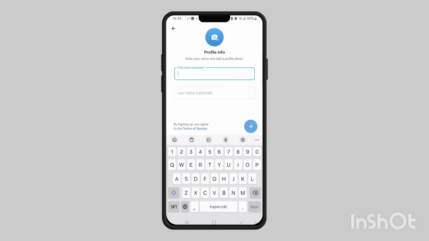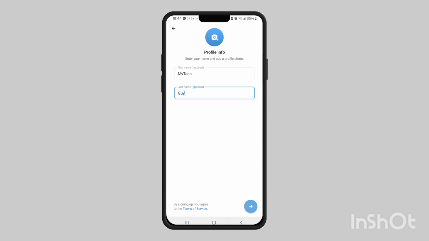So we've had the code come through, and now it'll ask you for the profile info. So this is going to be your profile picture, and then your first and last name. So the last name is optional, but I'm just going to fill it in anyway and leave the profile picture blank. And then when you've done that, press the blue arrow in the bottom right again